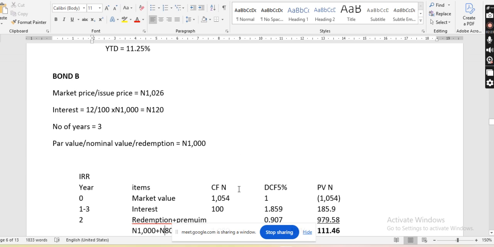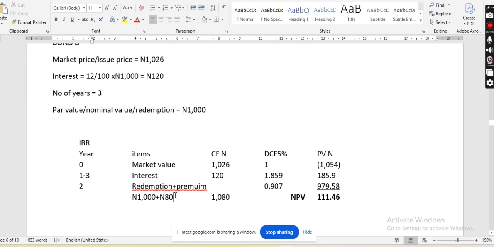Then we have to change this part to 6. Why this is 120? There is no premium. We'll remove it. There is no premium, right? So the redemption will remain 1,000 naira. 1,000. Right? So the DCF,